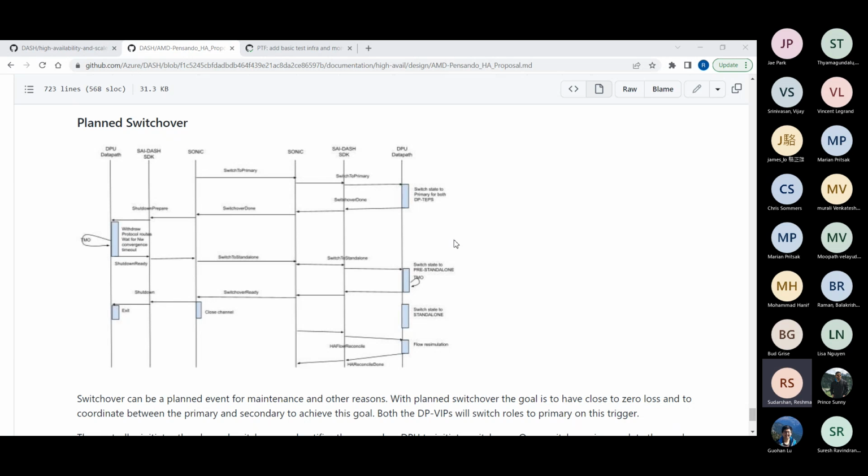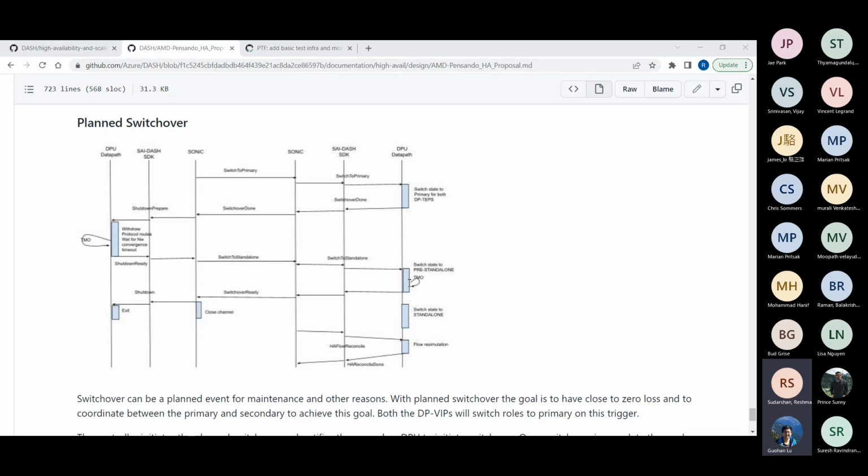I see. And how about the gRPC? How is it handled? Suppose it's even more uneven on each side, like one side has no flows learned yet for the set of flows it's supposed to be active on, and the other side has some flows and is trying to sync. Is that handled? Each state machine is independent. It's per VIP, like Valky was saying. And the gRPC will remain open. Okay. Correct.